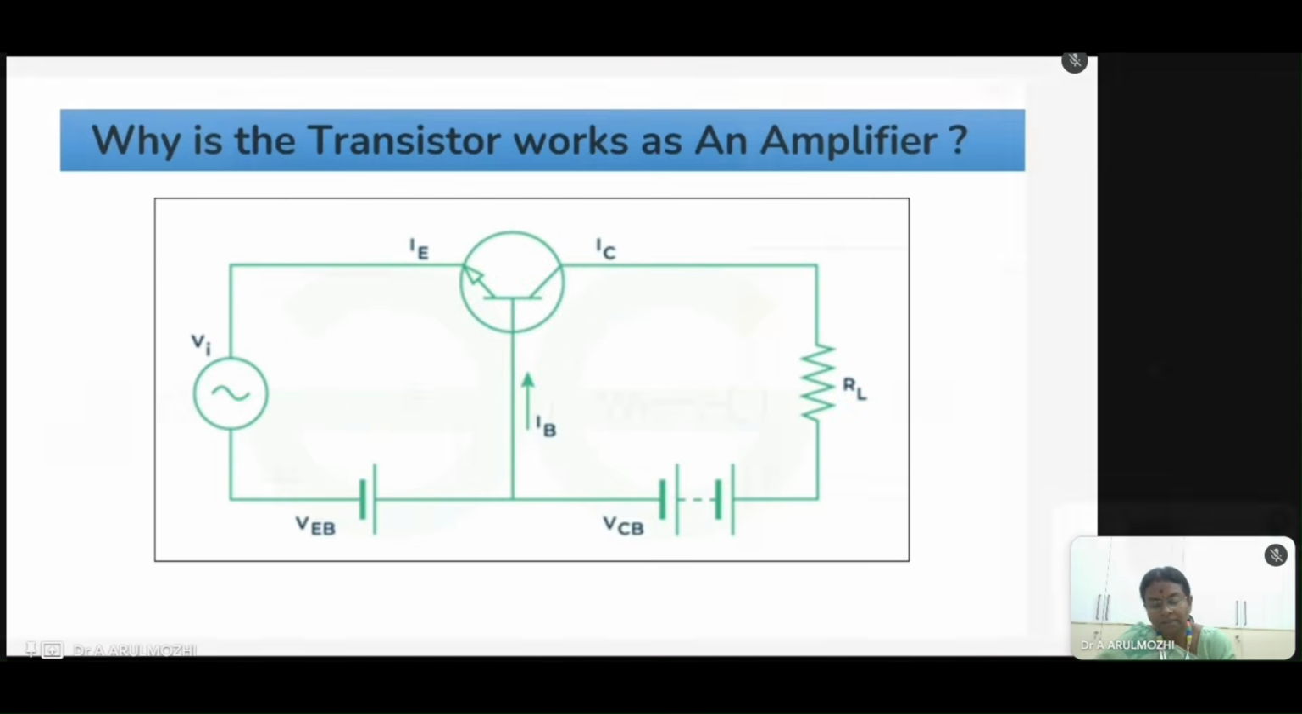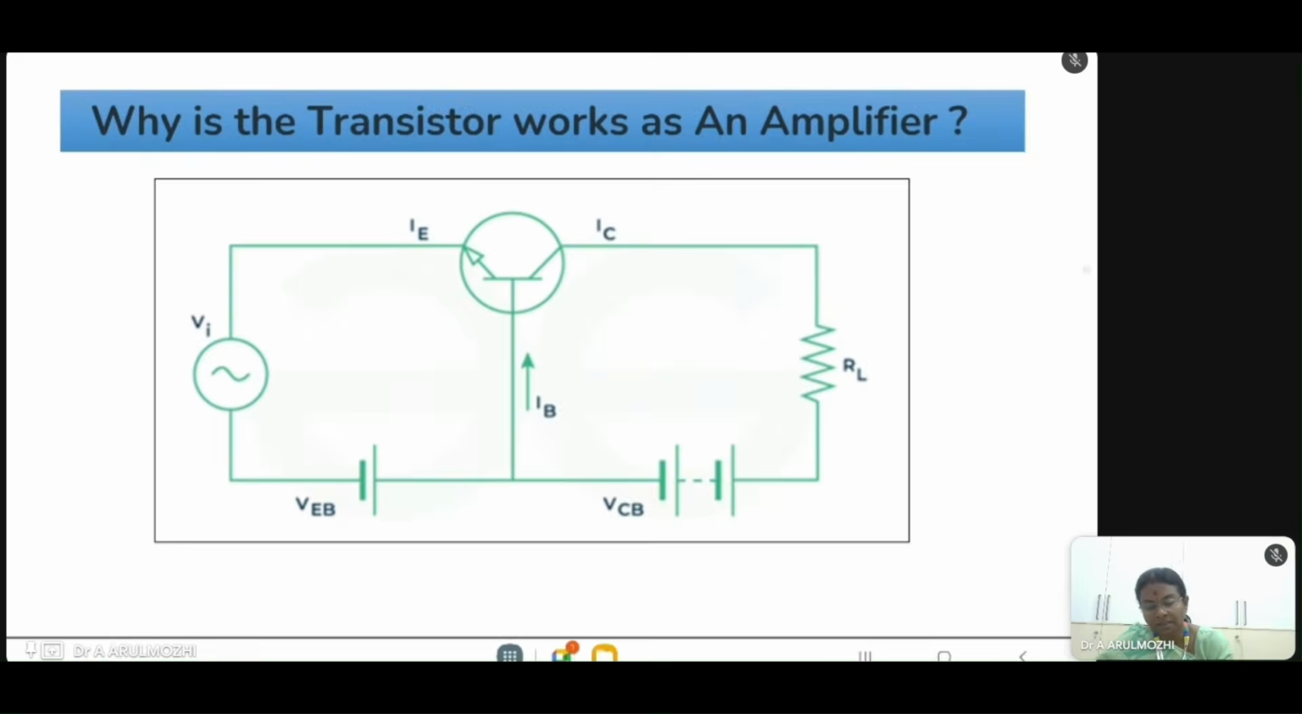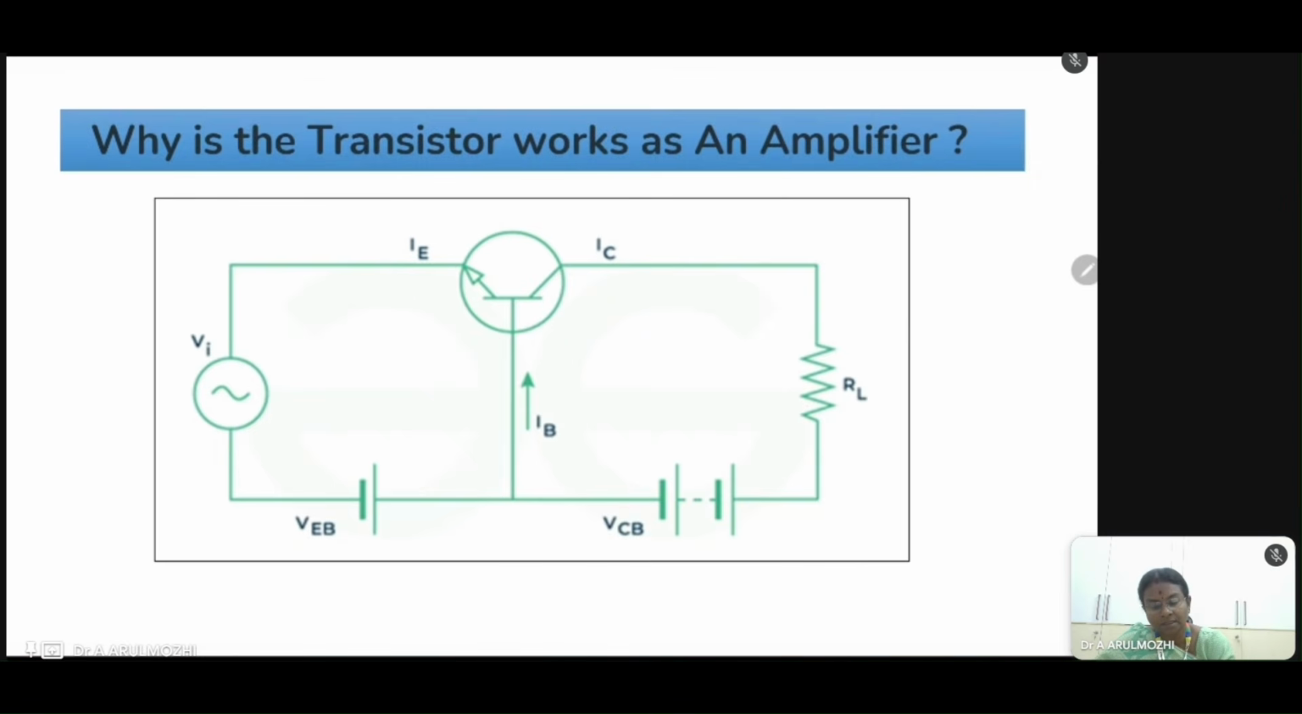Next we will see how the transistor works as an amplifier. As you know, the transistor already acts as a switching device. Now we are going to talk about the amplifier. Here a transistor strengthens a weak signal by acting as an amplifier. If you take the NPN transistor, we are going to take the